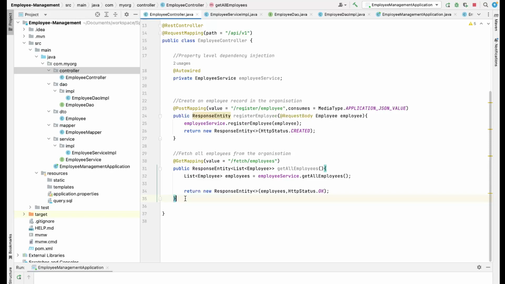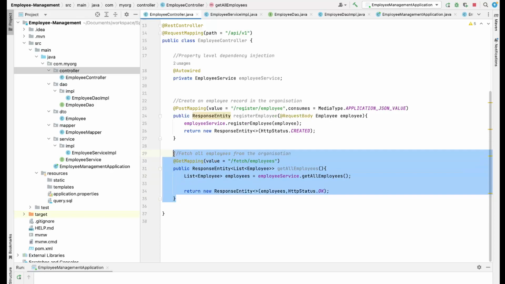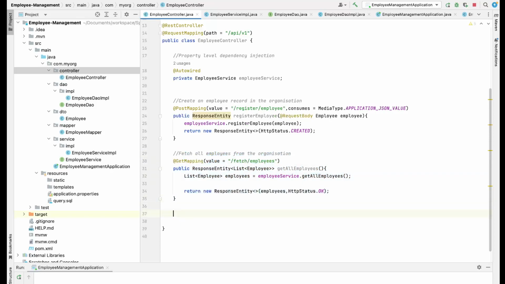Now what I want to do is fetch one particular employee. This API was returning me all the employees, right? Now I want to fetch one particular employee itself, and let's say I know the ID of that person. I want to fetch information related to that person with the ID. So let's say fetch employee details,